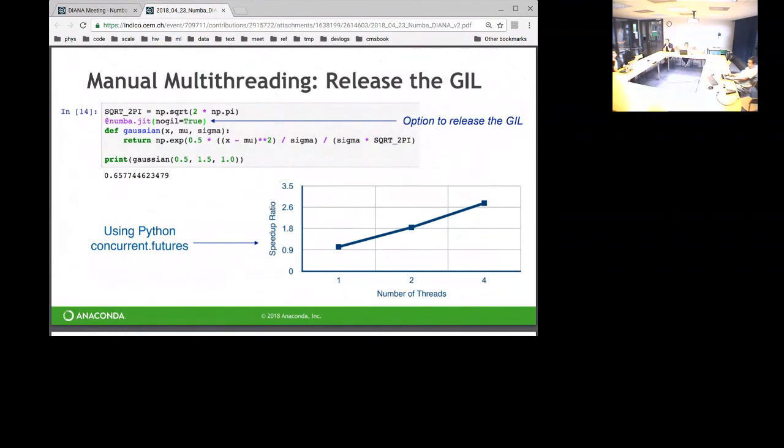Things like NumPy and Pandas release the GIL in key functions that they've implemented in C for speed, and Numba can do the same for code that you compile with it. You can pass nogil=True, and when Numba enters this function, it will release the GIL. That enables you to use things like concurrent.futures or other threading systems, Dask even, in Python to get speedups just by running these functions in parallel on different threads.